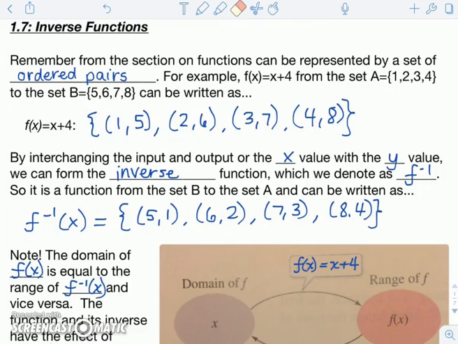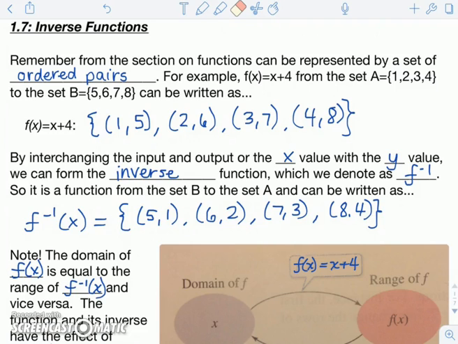Section 1.7 is inverse functions. If you remember from the section on functions, 1.3, we know that functions can be represented by a set of ordered pairs. For example, if I have the function f of x equals x plus 4 from the set A, which is 1, 2, 3, 4, to the set B, which is 5, 6, 7, 8, I can write